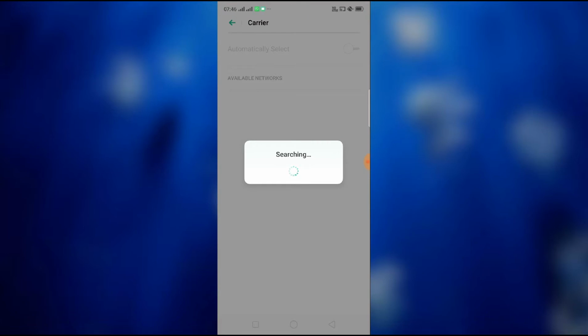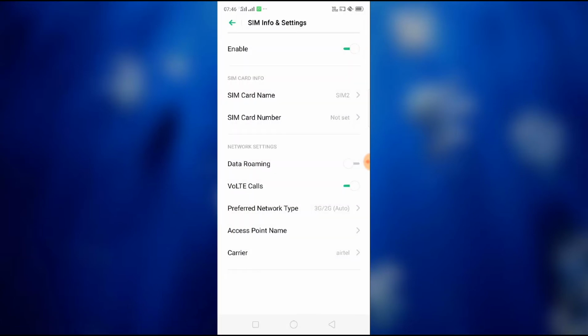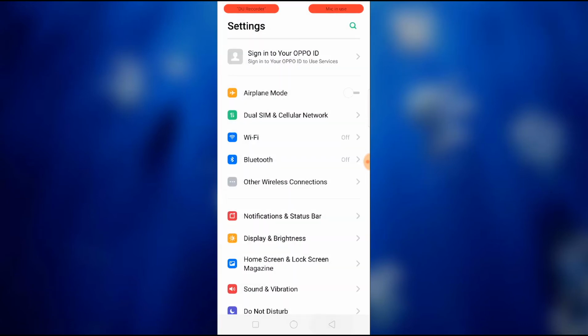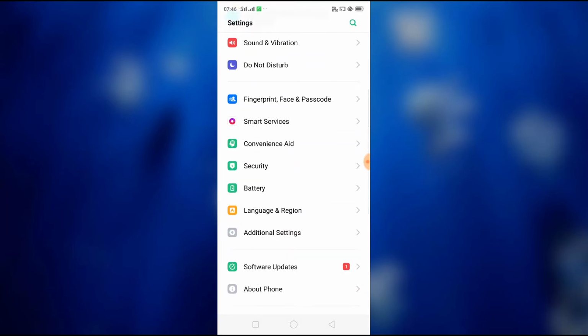So you have to choose the network from which you want to take the network. You'll get the network here, and then you have to go back. This is the second step, and the third step is you have to go to your settings, and then you can see here